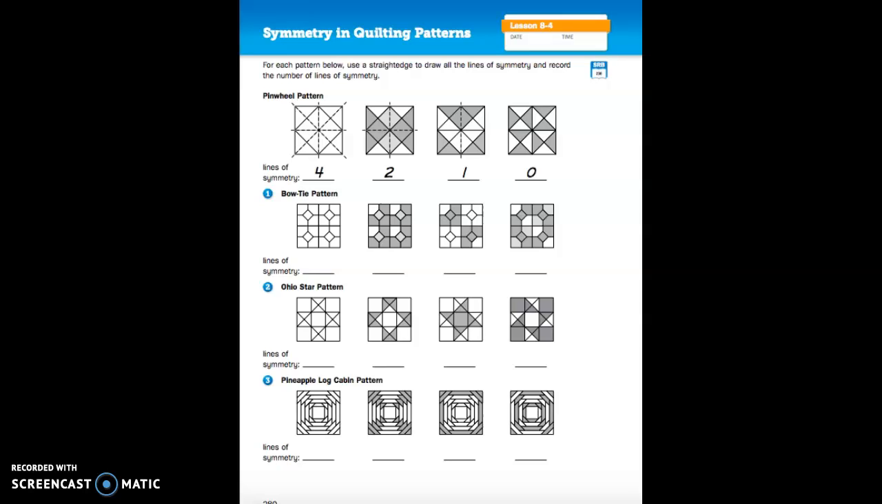For today's lesson, we're going to look at squares of a quilt. All the squares, if they had no pattern on them, would have 4 lines of symmetry. That means if you folded the square in half along any of these lines, they would match up exactly with